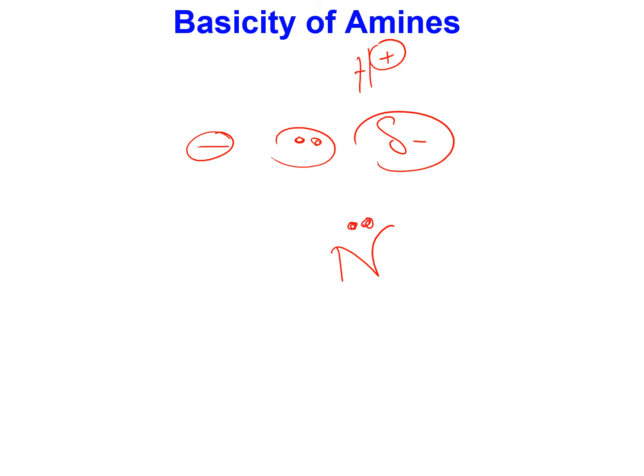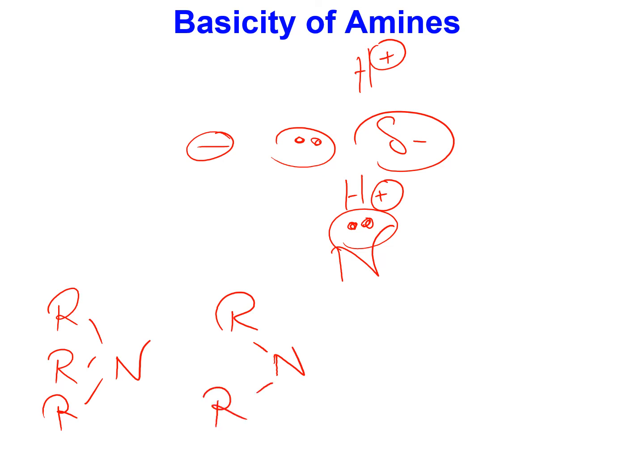So these are bases. The proton can come and attach itself to the lone pair of electrons available on the nitrogen. So it's a base. The more lone pair of electrons present on the nitrogen, the more the basicity of the compound. The less lone pair of electrons present on the nitrogen, if we have something withdrawing these electrons away from the nitrogen, the less is the basicity of these compounds. So if we apply this to primary, secondary, and tertiary amines,